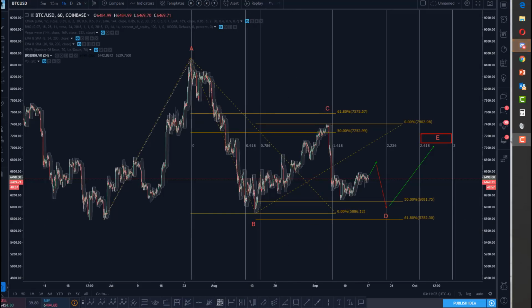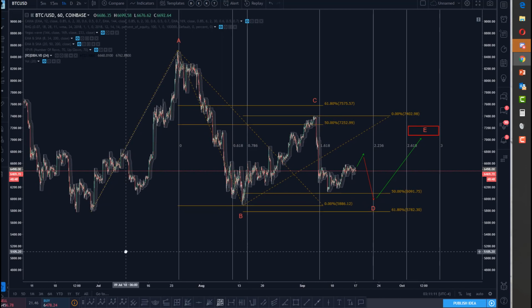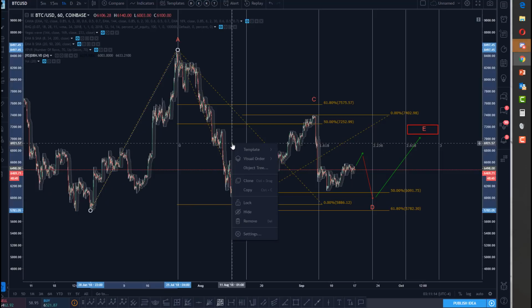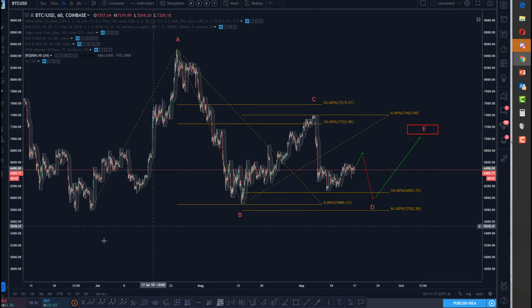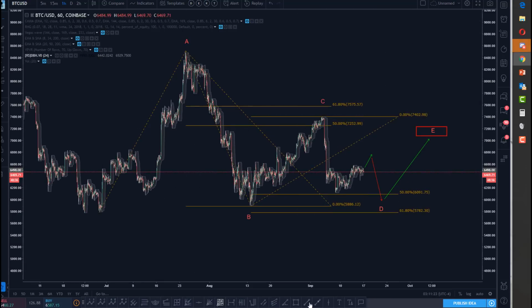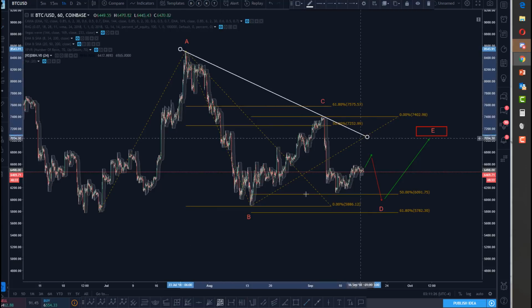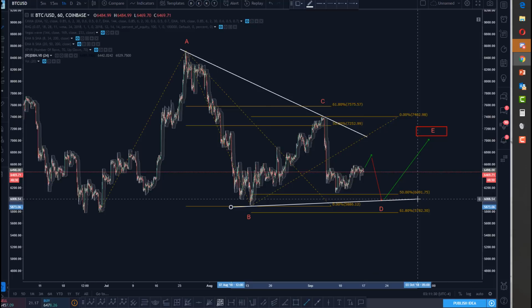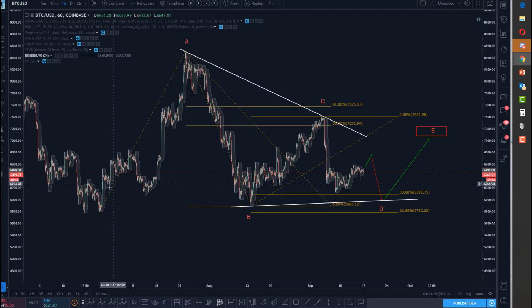Alright guys, so to save time, since some of you are complaining my videos are too long, I actually charted this up, and let me take out the fib time for a second. Okay, so this is the triangular leg that we're talking about. This is what I think might be going on. So A is very clearly a 3-wave and can be counted as a zigzag. No complaints there, right? A, B, C.